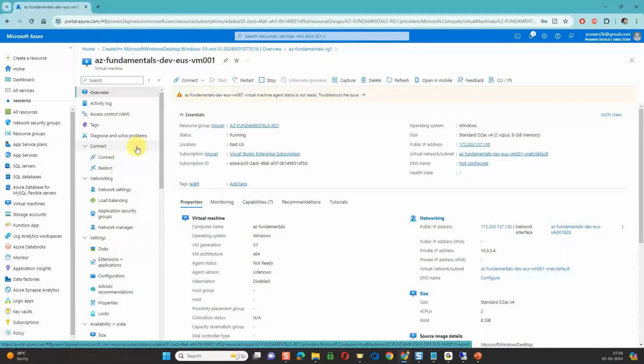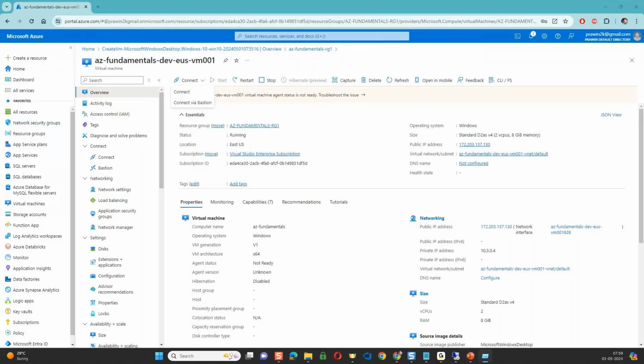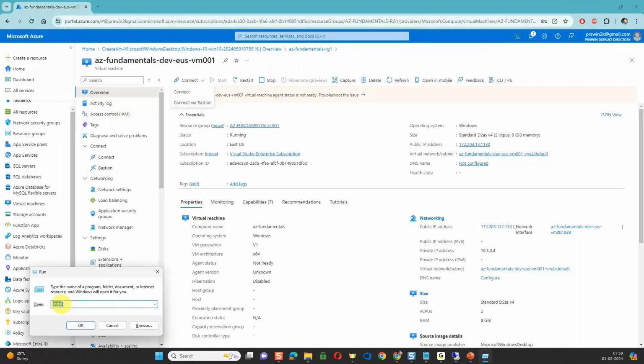Now, what is it that we want to do? We want to connect to it. There are multiple ways of connecting. One simple way is RDP. So how do you connect? You open the Run command and use mstsc. This is a shortcut, a command name. Click on OK,